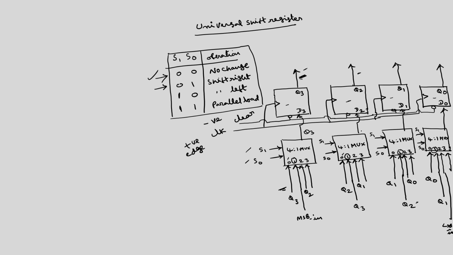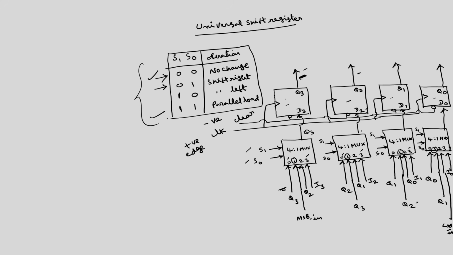Now, the only thing left is S1 S0 equal to 1 1, this input will be enabled. I want to use parallel load. Whatever data I want to feed in parallel, I will take here. Say I will take the input as I3 bit, which can be 0 or 1. In general, I will take I3, I2, I1, I0. Whatever data is given at I3, I2, I1, I0, if S1 is equal to S0 is equal to 1 1, this data will be fed into the register. That is called parallel load. So, this is about the universal shift register. This can perform these 4 operations.